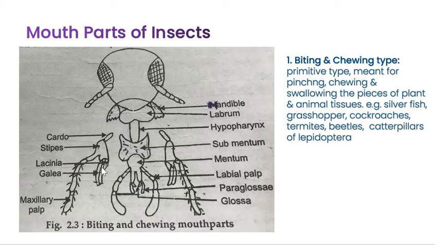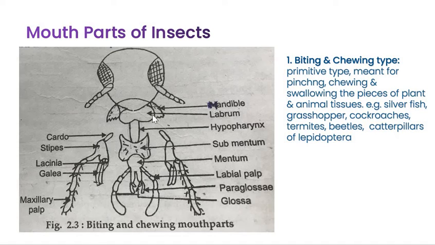Now the third part, that is mandibles. Here you can see the mandibles, from both sides, right? So a pair of mandibles lie in the cavity of mouth. They work transversely to masticate or to grind the food material. Now each mandible is an unjointed, usually triangular piece. So you can remember that mandibles are a paired structure, lie in the mouth region, right? And the main function of mandible is to masticate the food material, right?